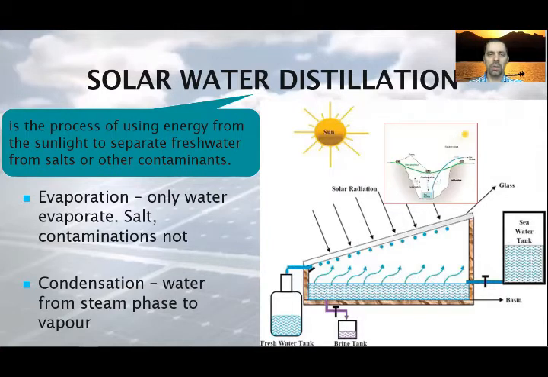Here you can see a small-scale survival tool. In need of fresh water, you just dig a hole, place a cup in the middle of the pit, cover it with a plastic sheet, and place a weight over the cup. This has to be the lowest point in the sheet. Then wait for the sun.